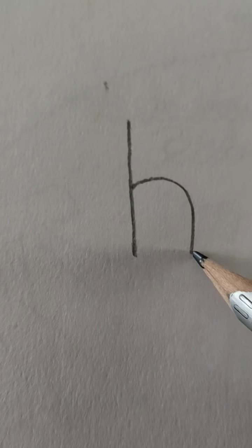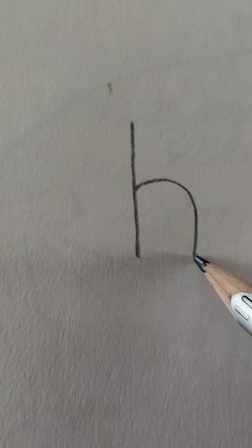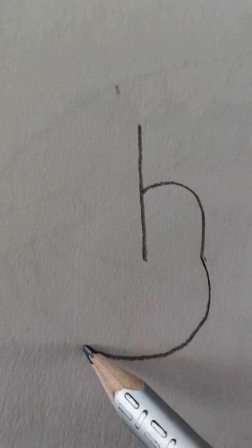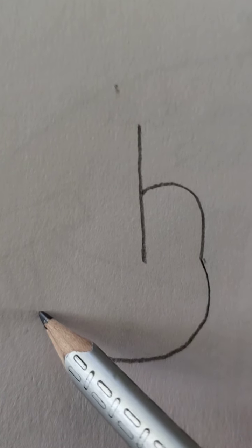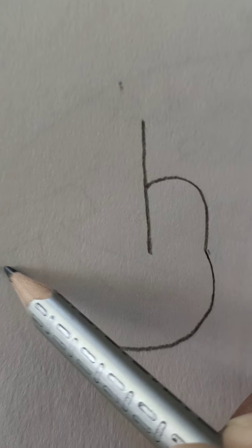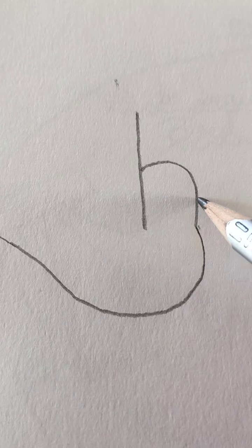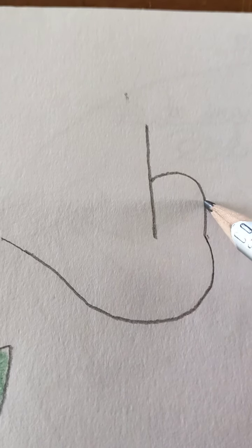Now you are going to take this part, this lower part, and move like this downwards and go back and move upwards like this. Okay, move like this. Now draw a beak right over here like this